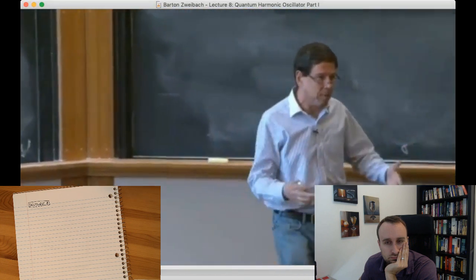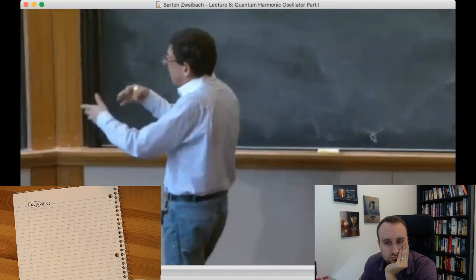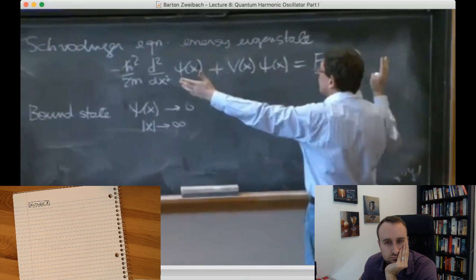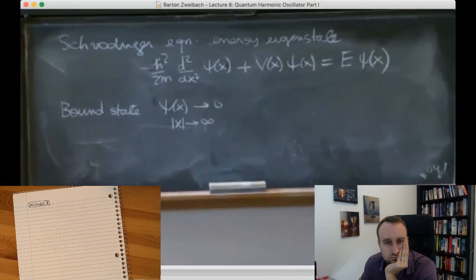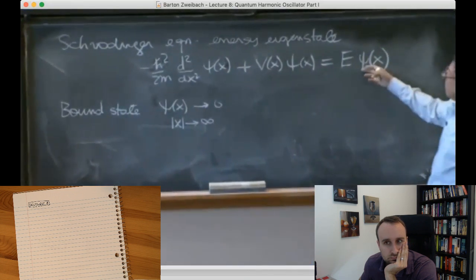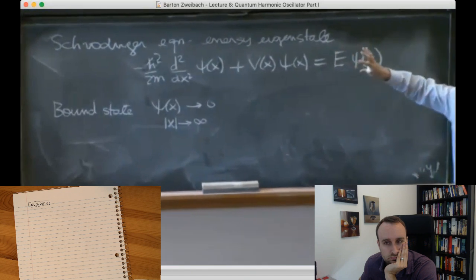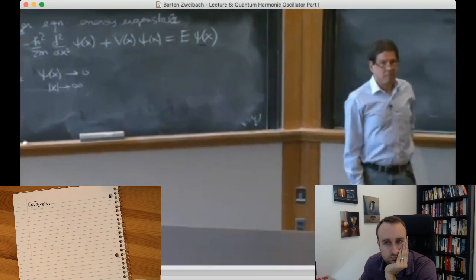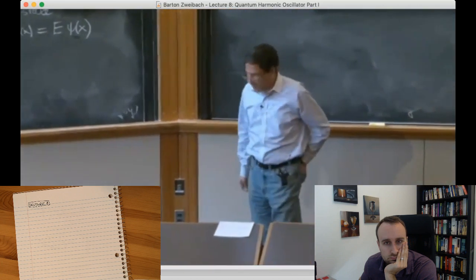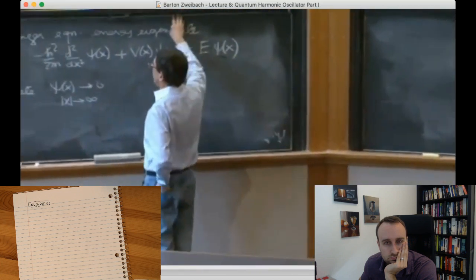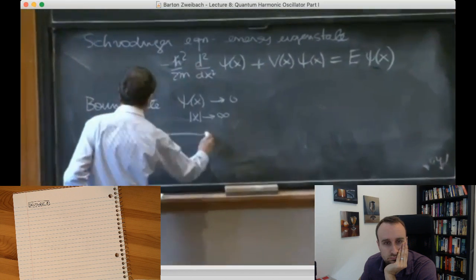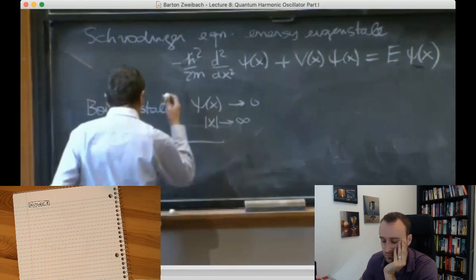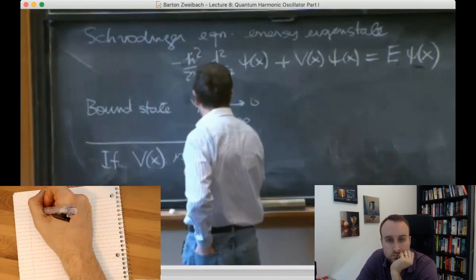So you have to solve a problem in which, if you were thinking, oh, this is just a plain differential equation, give me the value of E, we know the potential, just calculate it. That's not the way it works in quantum mechanics, because you need to have normalizable solutions. So at the end of the day, as will be very clear today, this E gets fixed. You cannot get arbitrary values of E's. So I want to make a couple of remarks about this equation, that there's this thing that can't happen. If V of x, certainly if V of x is a smooth potential,